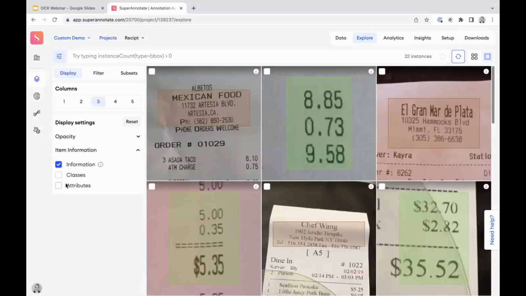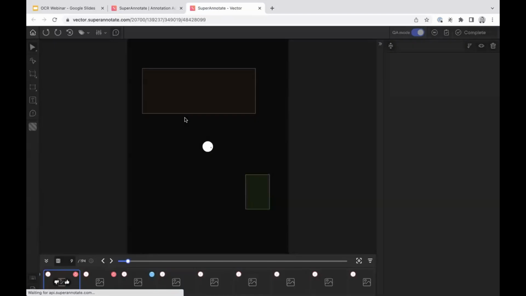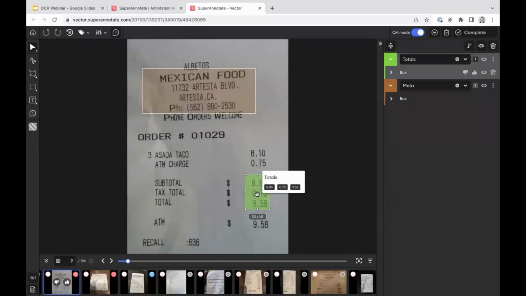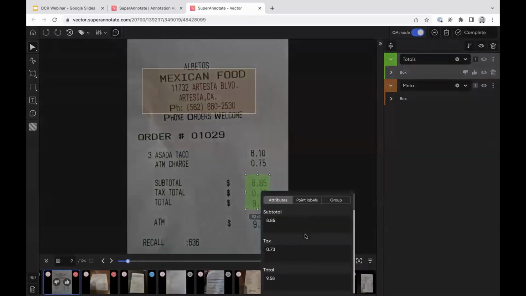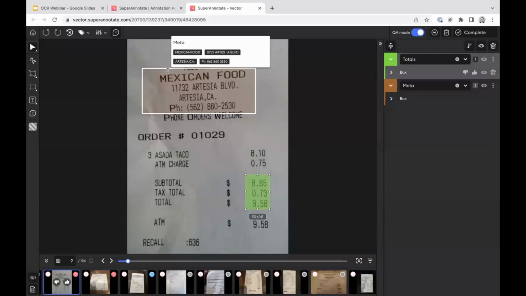And here we can display different transcriptions and lines we have added to go in and easily catch mistakes, such as here where we have an 8 instead of a 9. Open that up. Go in here, and if we right click, we can easily adjust that amount down here to 9. Correct. So this is one example of how automated tooling that we have focused on building in our